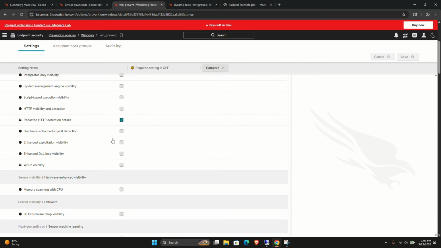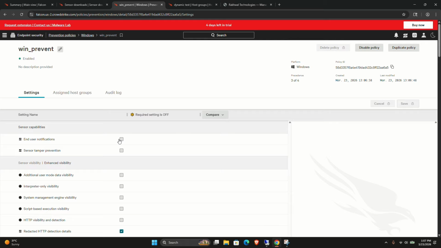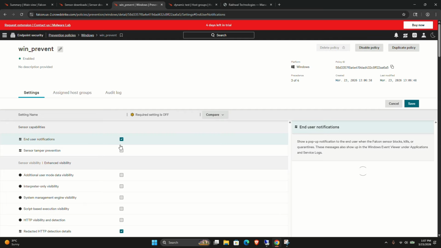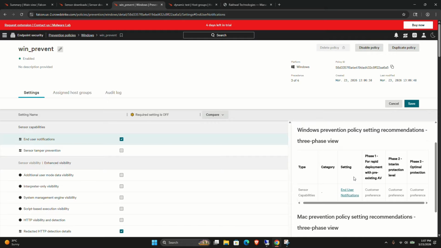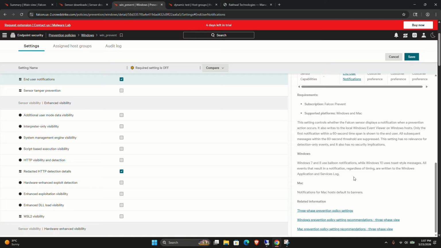Usually what CrowdStrike recommends is that a few options be on your side only, such as end user notifications and sensor tamper protection. If this is not enabled, a user can uninstall your sensor easily, which obviously you should not want. If you want to show the end user notifications, there are definitions for everything. You can see here, once you select the policy,